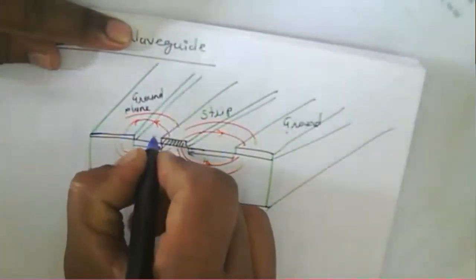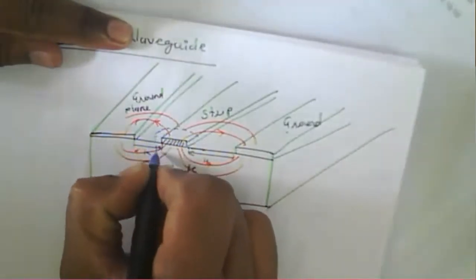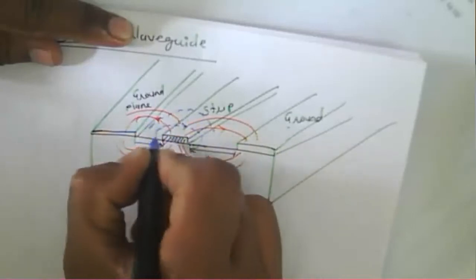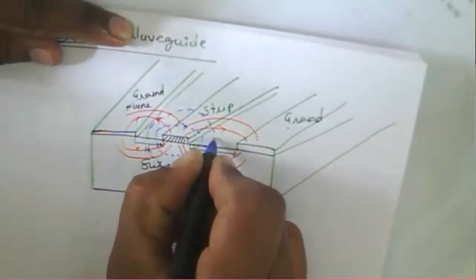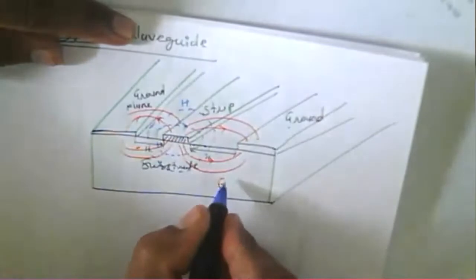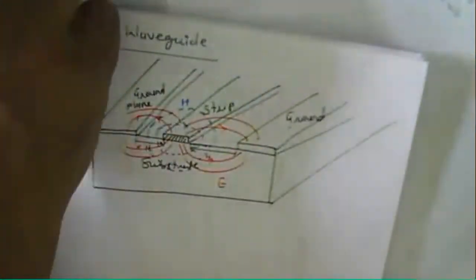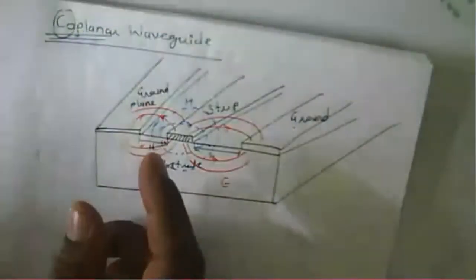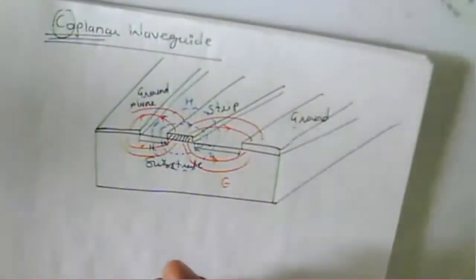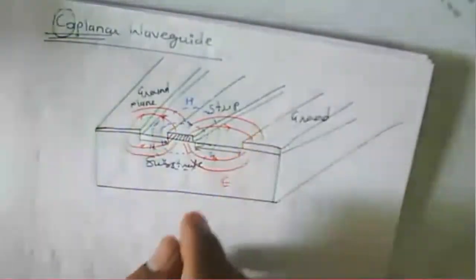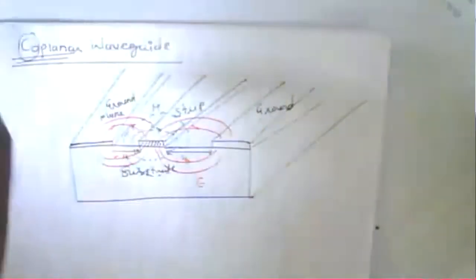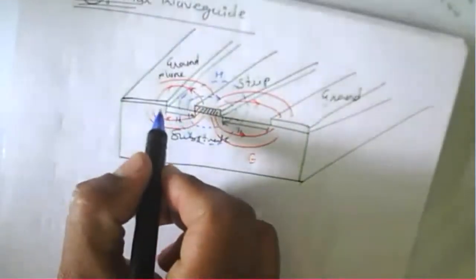And for the magnetic field distribution, your current is propagating on the center strip. That's why it has a magnetic field distribution, likewise, shown in blue. It is nothing but the magnetic field distribution. So this is the field distribution for this particular line, and you can see that we can connect to this line easily.